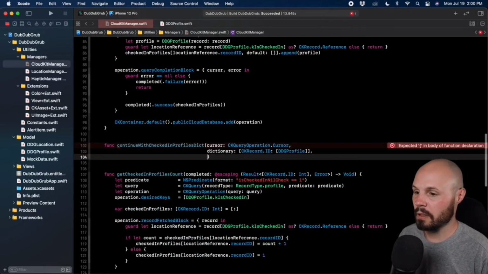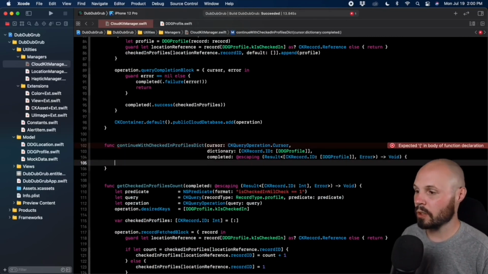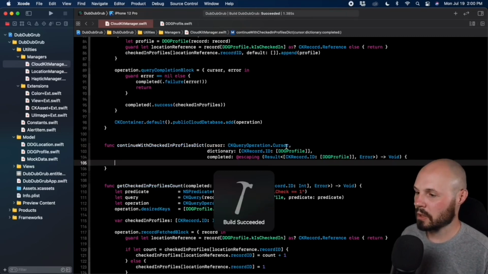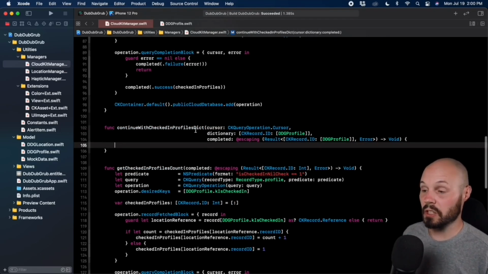Down here, give me my comma, hit return. There we go. Now open and close curly braces, do a Command B. Should be good to go. Yep, okay. That's because it's not yelling at me. So that is our function signature. It's a long one. If you have ways to shorten it up, feel free